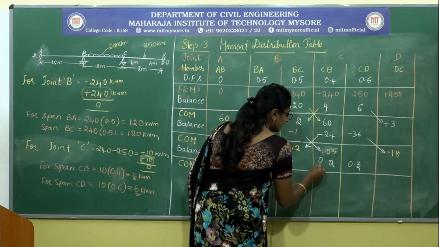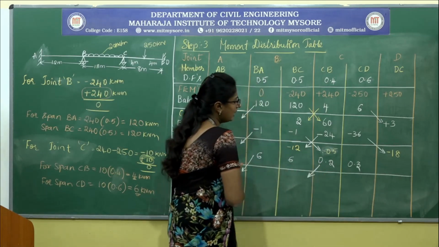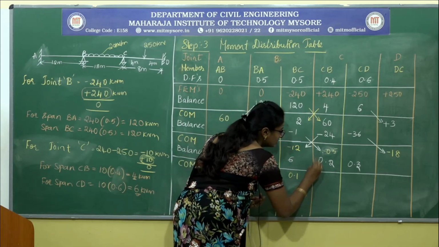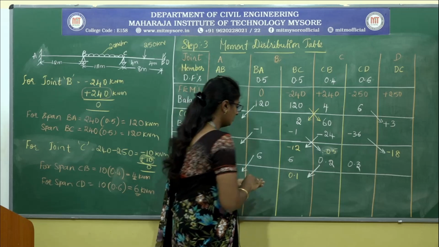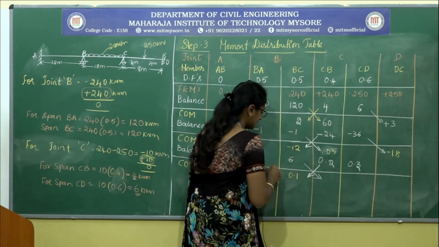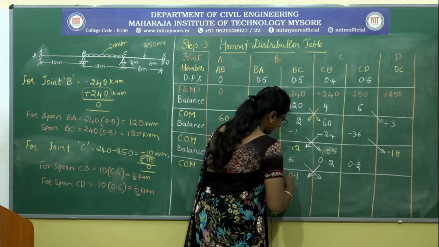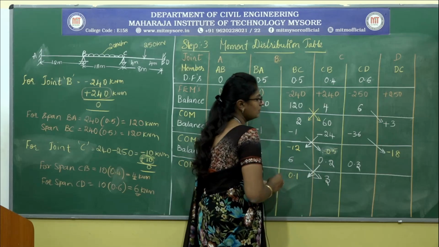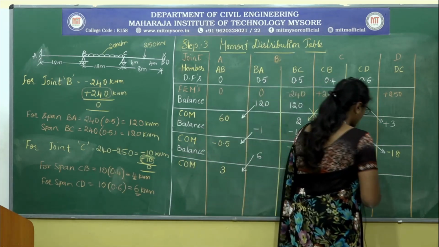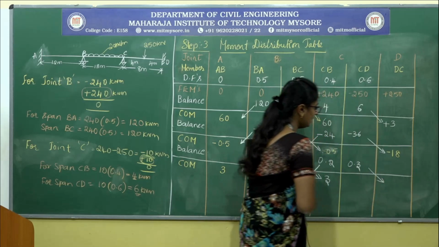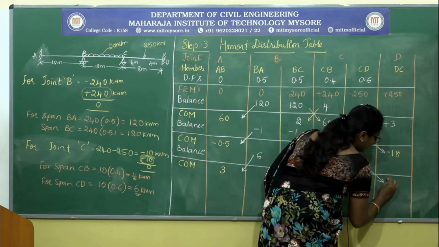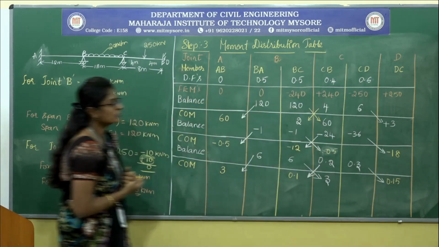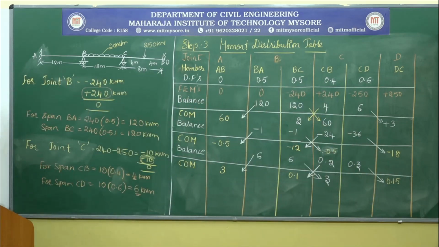Then come here, the applied moment is 0.2, half of it is 0.1. It is positive, therefore the carried moment is also positive. Then 6, half of this is carried, which is 3, positive, therefore the carried moment is also in the positive direction. But here also 0.3, half of 0.3 is 0.15, since it is the positive direction, the carried moment is also in the positive direction.